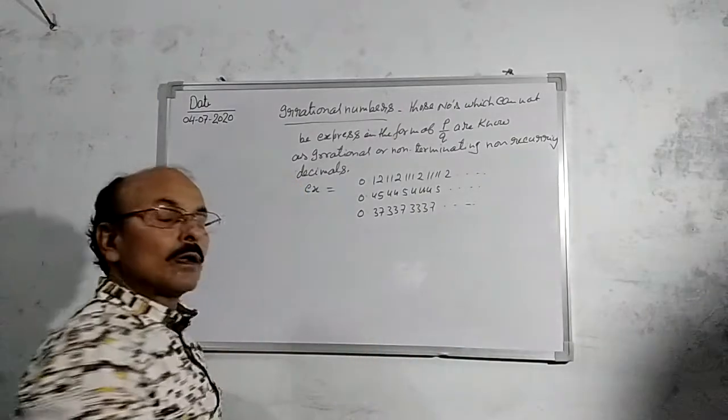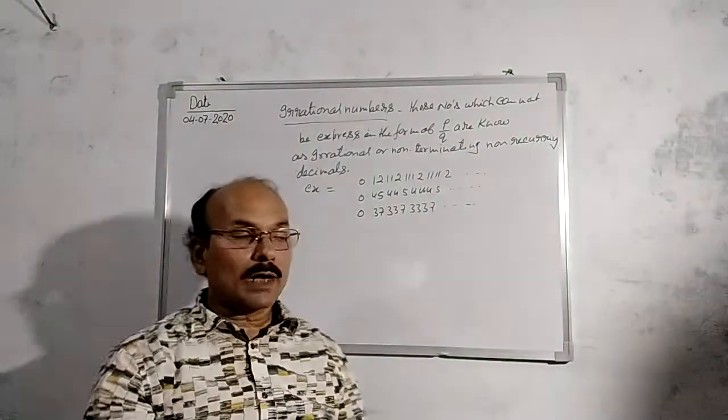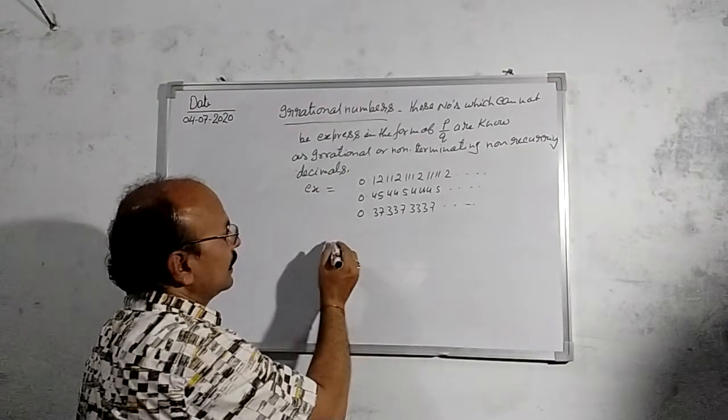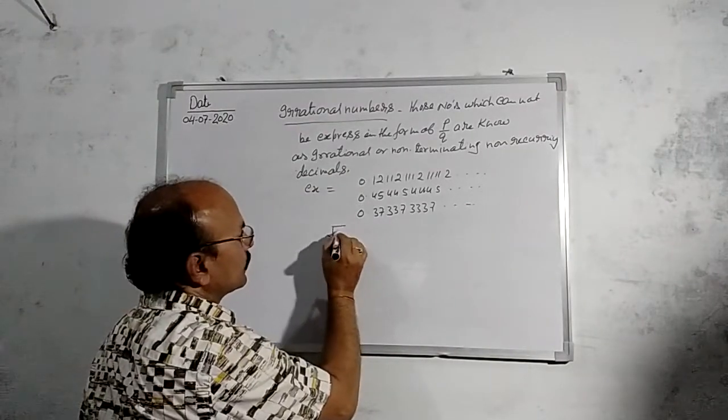And all those numbers which are not a perfect square inside the square root, like root 2,